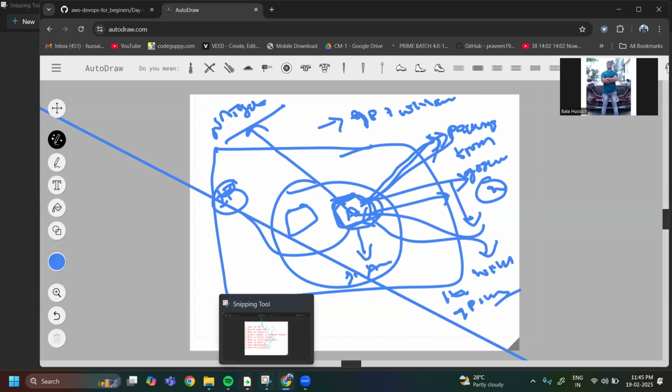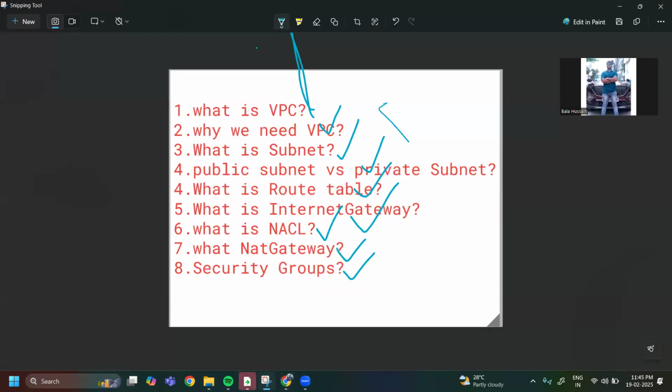Let me go back to the slide here. Virtual private cloud, inside a cloud. Why do we need a VPC? Because of security. What is the subnet? We have different projects here, and we divide the projects using IP ranges. This is the subnet concept. There is a public subnet, where people enter this VPC, and there is a private subnet, where our projects are, and we deploy the application into this private subnet.